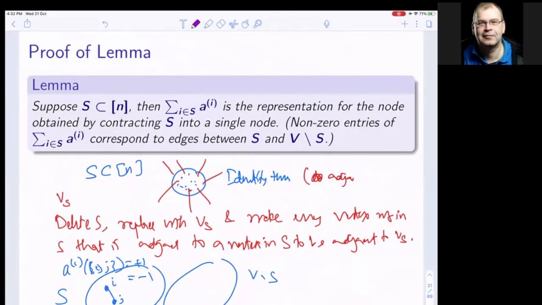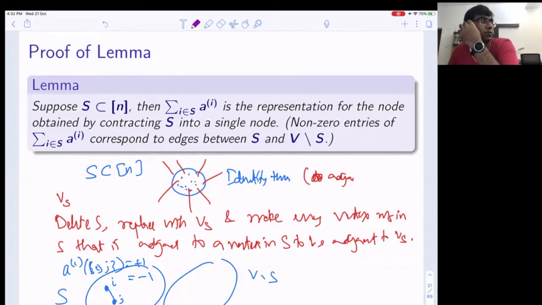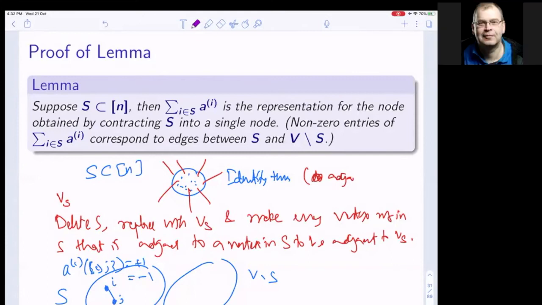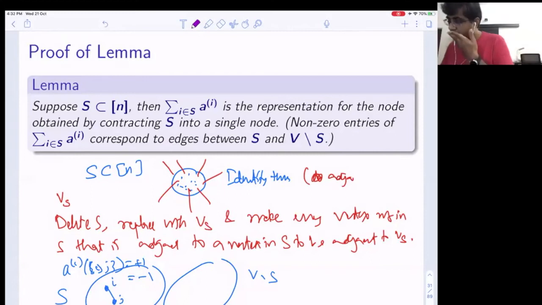Okay, so could you do the same with zeros and ones if you take summation in GF2? Because then 1 and 1 is 0, and you're perfectly fine, right? Yeah, it should work because nothing else is happening. If you do it modulo GF2, then they will just sum up, so that's fine. And if an edge is going out, then there is only one place it will be 1, so that will just follow. Yes, this will work. But we may not work in GF2, so okay.